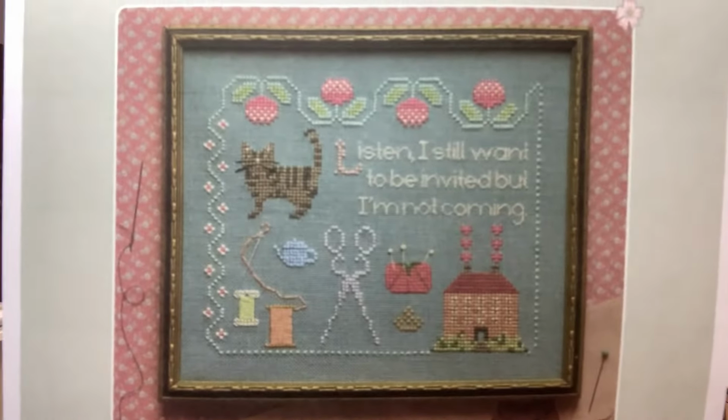The 3 designers that were announced are Ink Circles, the Artsy Housewife. Oh my gosh, I am terrible. I had so many things pulled up so that I could tell you. And Silver Creek Samplers was the other one. The one I am not as familiar with. Yes, the Artsy Housewife. So Silver Creek Samplers, the Artsy Housewife, and Ink Circles are the 3 main designers that